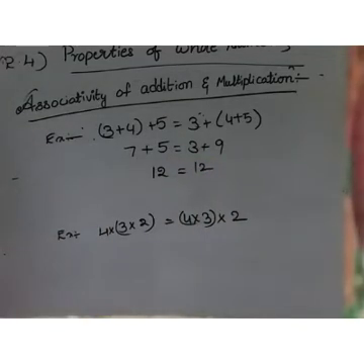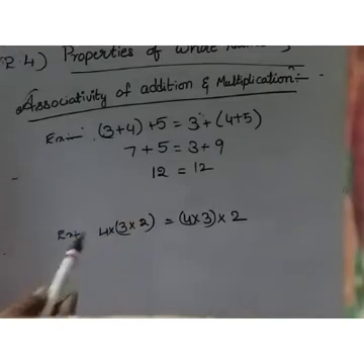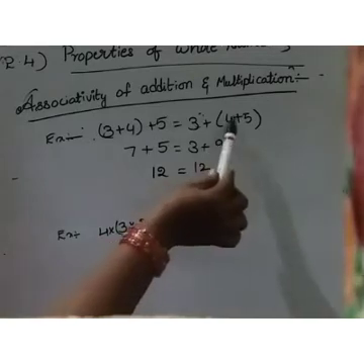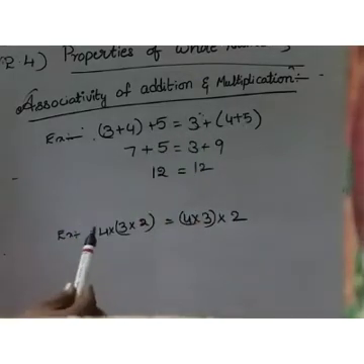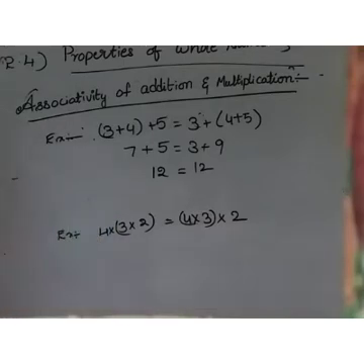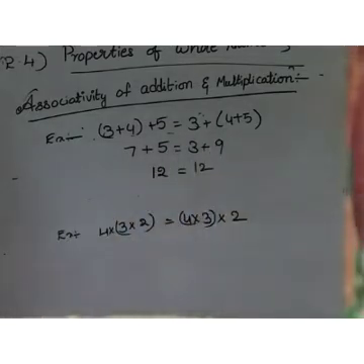So, look here children, this is called the associative property. Here, first these two numbers are in one bracket, here these two numbers are in a bracket. But we have to get the same answer. This is called the associative property of addition of whole numbers. Next,